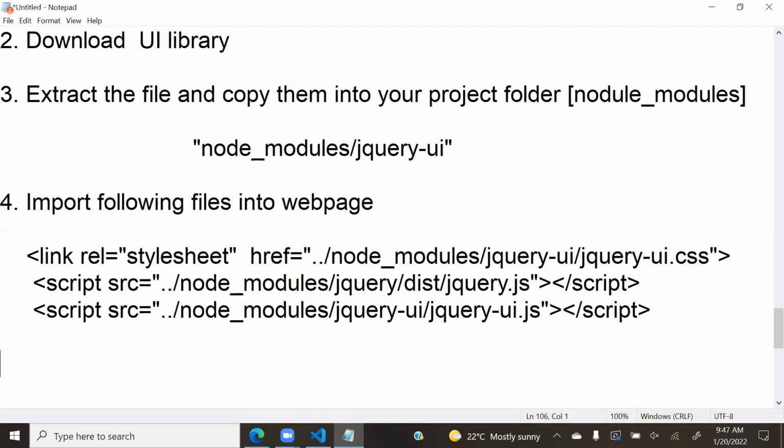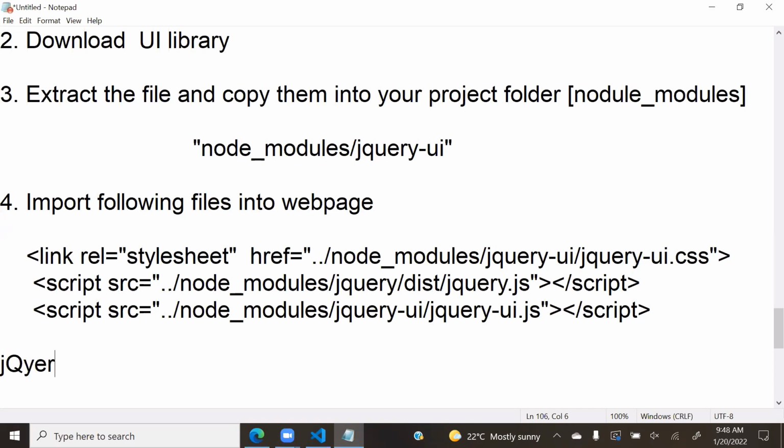First, you have to import jQuery, then you have to import jQuery UI. jQuery UI will not work if there is no jQuery. First, you need to import jQuery, then jQuery UI. Now, you can implement